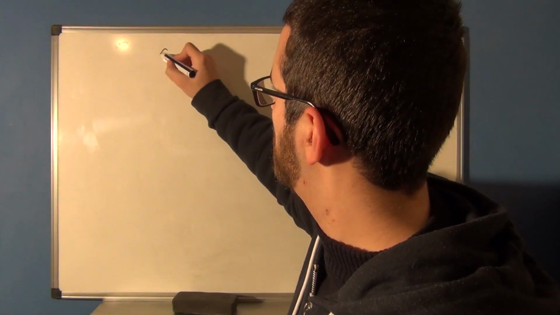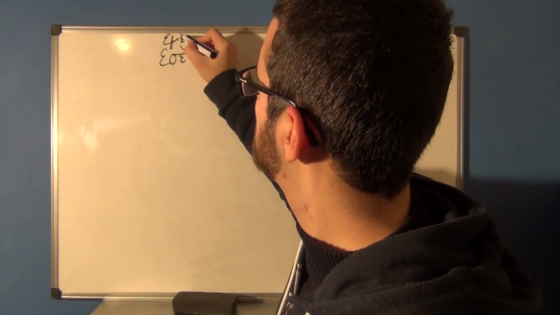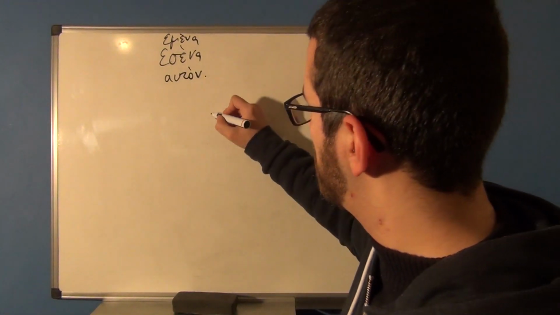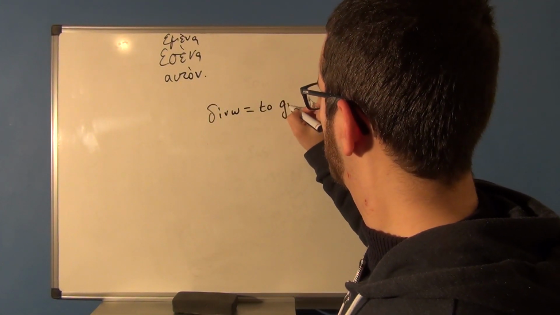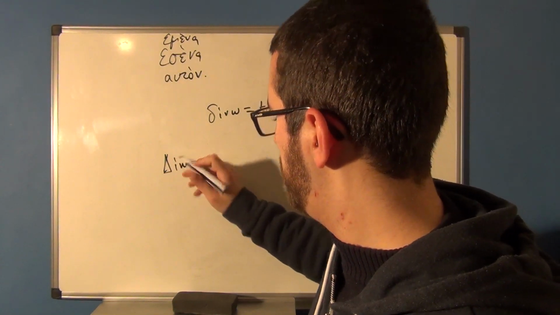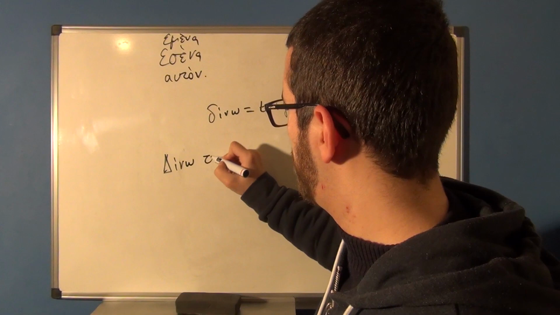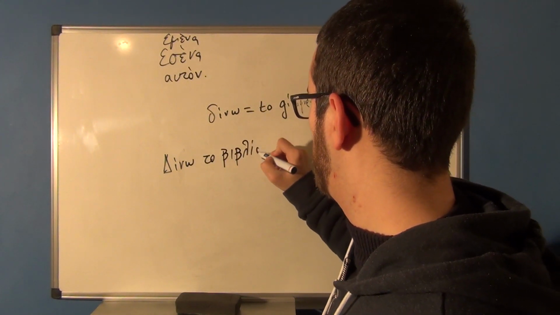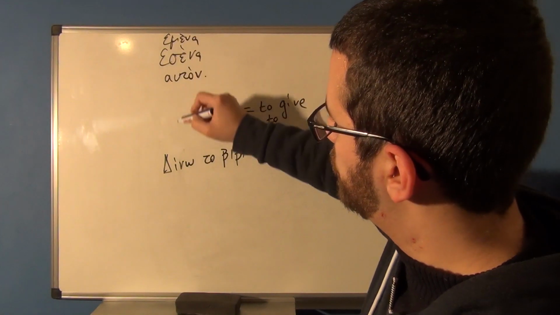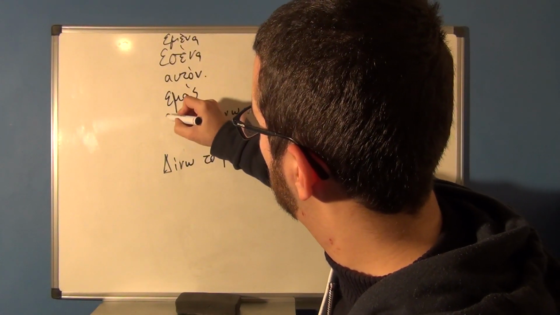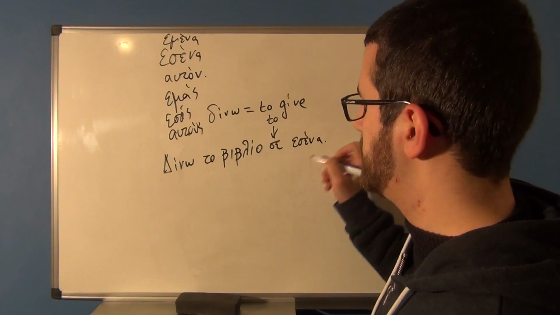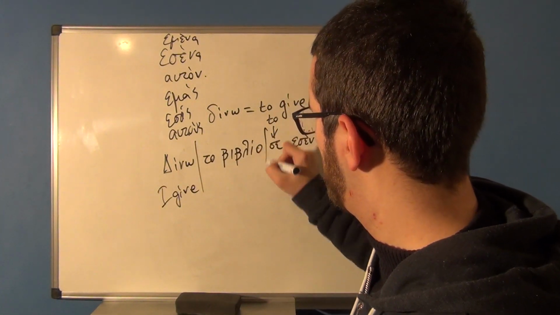Let's say that you're doing something to someone. That's the reason why I wrote εσένα, εμένα, αυτόν, and so on. Let's say I give something to someone. Δίνω is the verb to give. There is no infinitive, so that's the first person singular. Δίνω το βιβλίο, just seeing how we used that before. I give the book. To whom? Σε, to this form. Αυτόν, εμάς, εσάς, αυτούς. Σε εσένα. I give the book